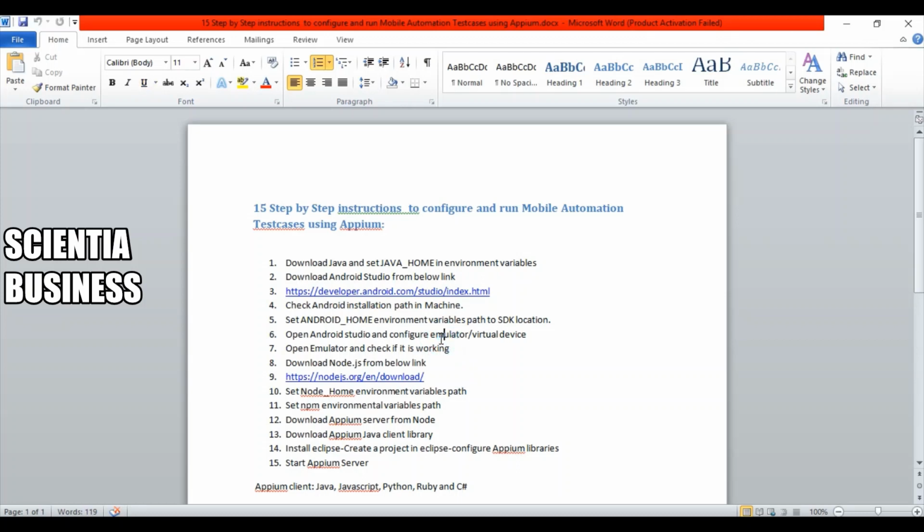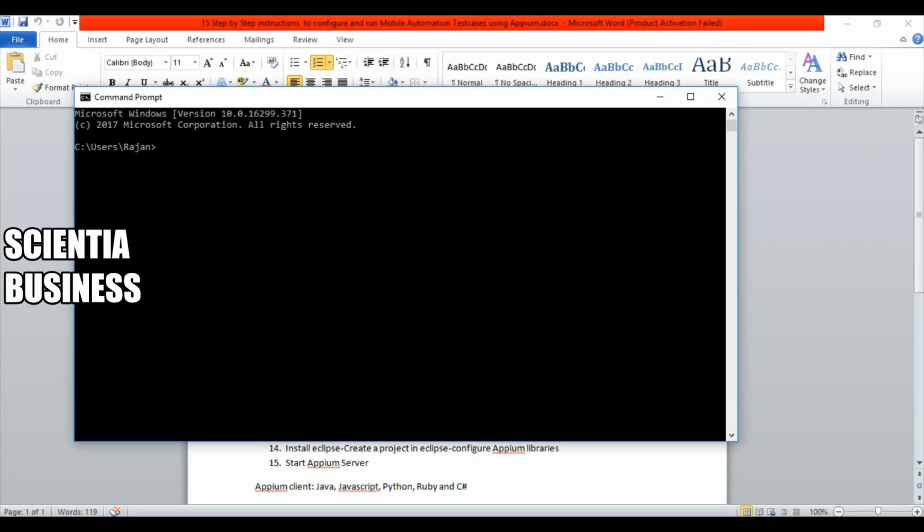One trick I told you about is that if you want to open the emulator directly from the command prompt, you just need to write the command emulator -avd followed by the name of your virtual device. But you need to execute this command only after going into the platform tools folder. I've told you in my previous sessions.